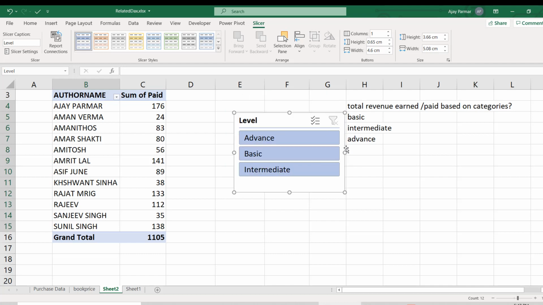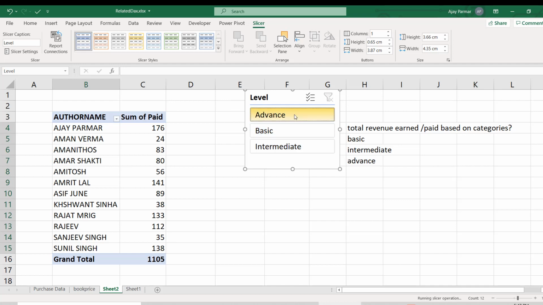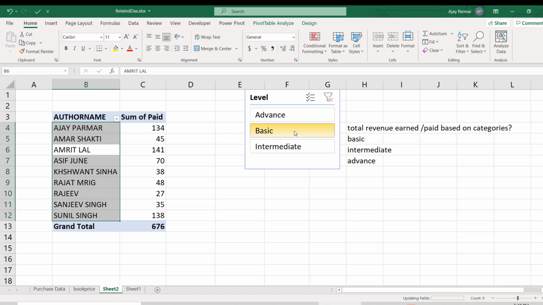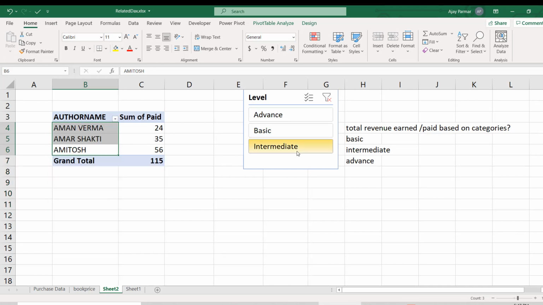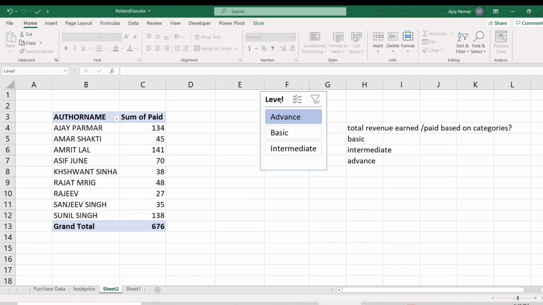I mean, we can slice and dice the pivots using these slicers. Okay, so now if I click on advanced, I can quickly go on the advanced side, I can quickly go on the basic side, I can quickly go on the intermediate side also. So this is not possible if I create a measure for that. So that means, let's say if you want to